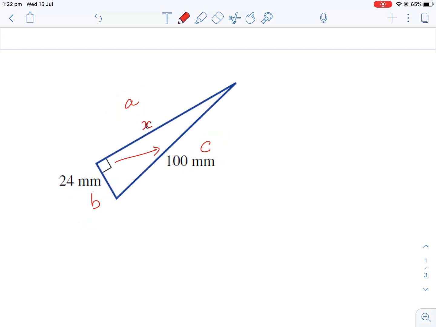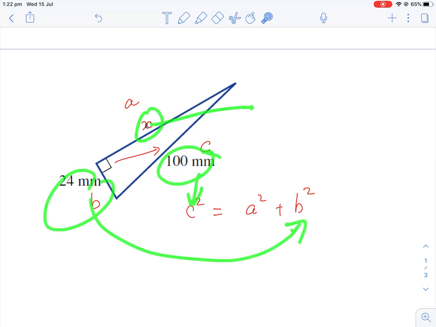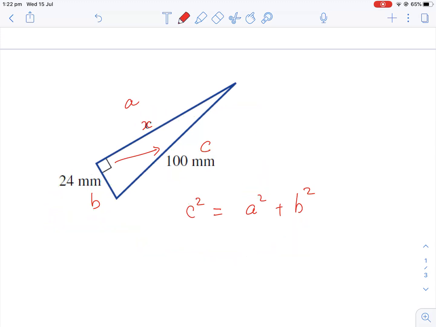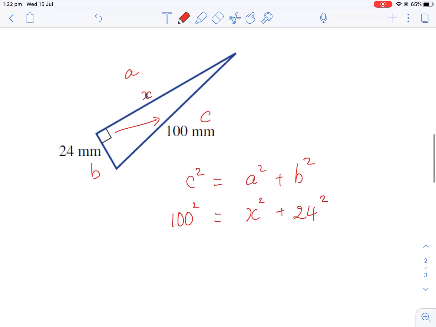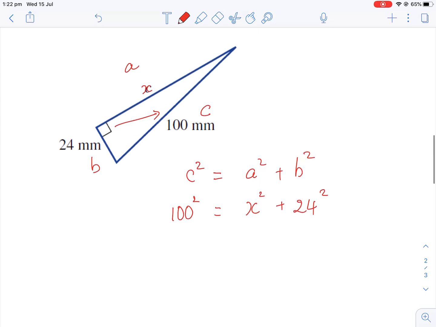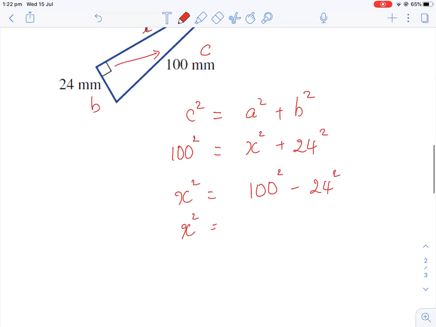So based on the Pythagoras theorem, we have C squared equals A squared plus B squared. Substitute the value of C into here and B into here, and A is x. You will have 100 squared equals x squared plus 24 squared. And do it the same as the previous example. We will have x squared equals 100 squared, take away 24 squared,